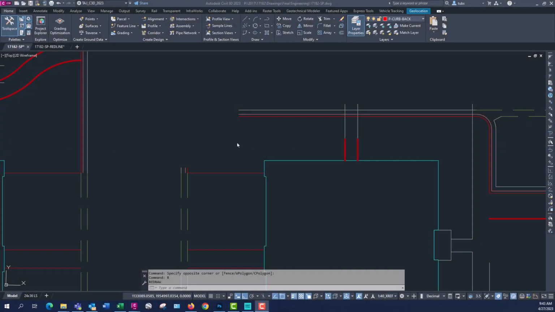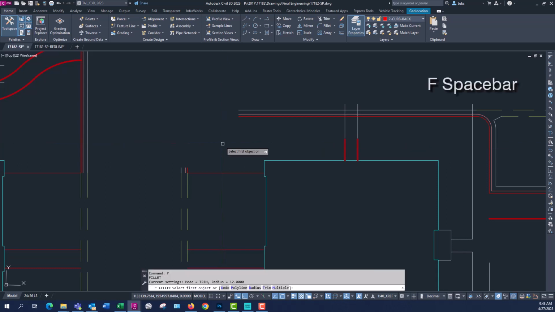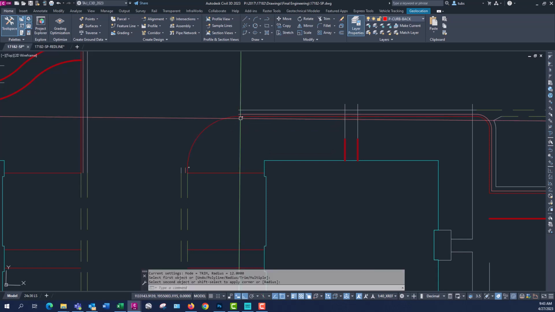Hi. If you're like me, you use the fillet command many times during a day. I was surprised that I didn't know this shortcut that I'm going to share with you now. Here I am doing a basic curve return using the F spacebar, old school